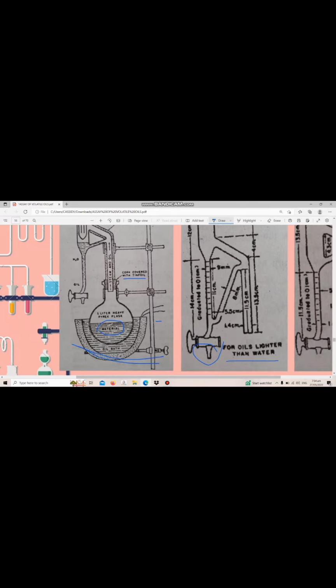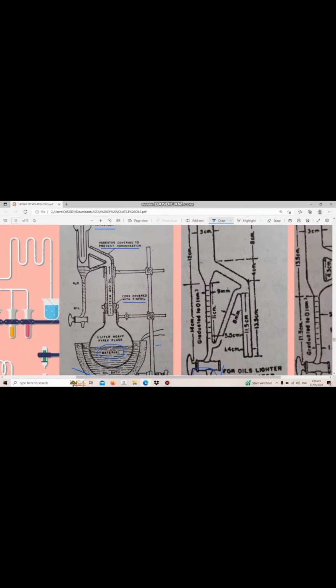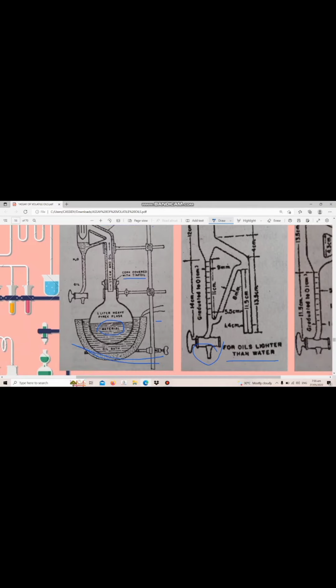We have here steam and oil, and the water will go here and oil will flow out here. We have a cork covered with tin foil. The materials are in a 1 liter heavy Pyrex flask. Then below that flask is the water bath